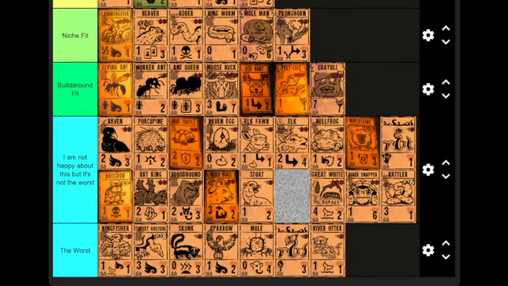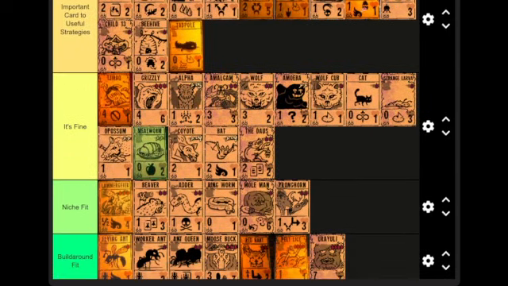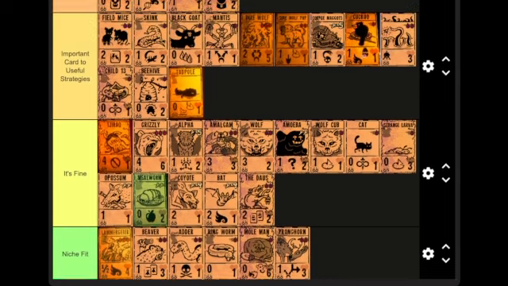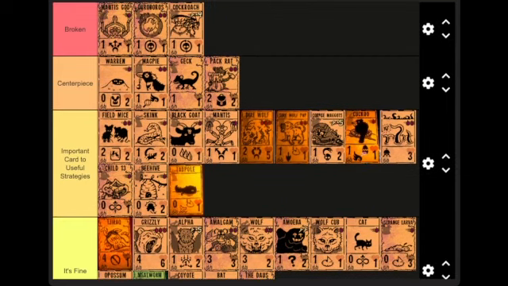It's kind of rare that you have to pick cards from the "I am not happy about this" tier over good cards, but any card from the "it's fine" tier, or even maybe the niche fit or build-around fit, sometimes you just want ants, can be the pick over much higher ranked stuff, and it really does depend on the decks. But that's why I tried to put this not as like S tier, A tier, B tier, C tier, D tier, etc., but instead like